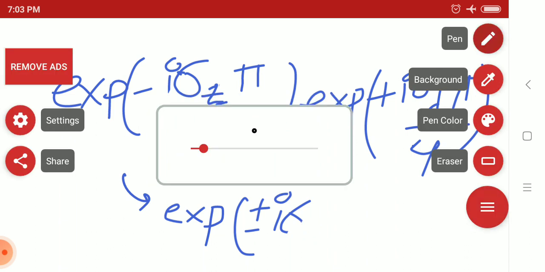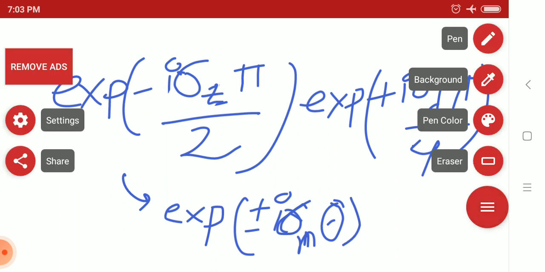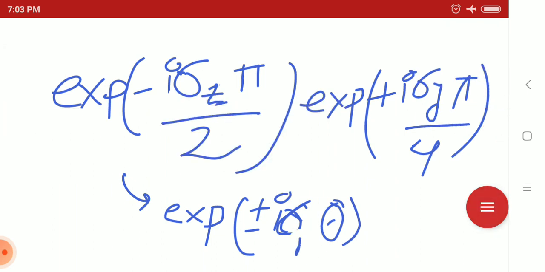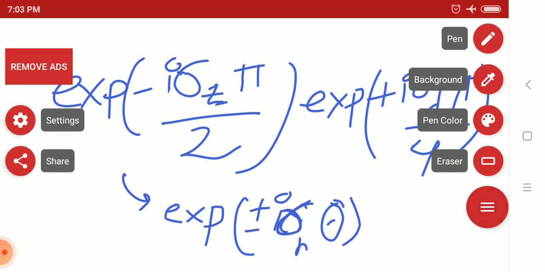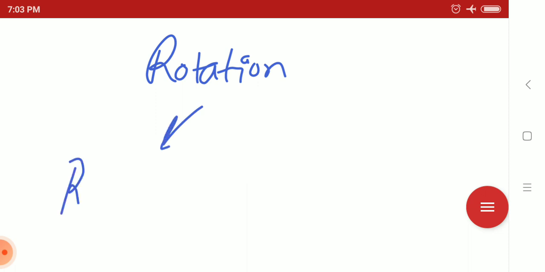Actually what does it mean, the rotation operator, exponential plus minus iota sigma n theta? So let's discuss it. We'll discuss this problem, but before that I will discuss a little bit of theory about it, then we will return to that problem. Okay, suppose rotations are of two types in quantum mechanics: rotation in spin space,